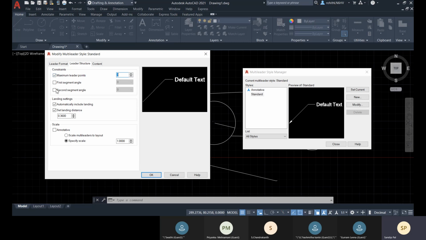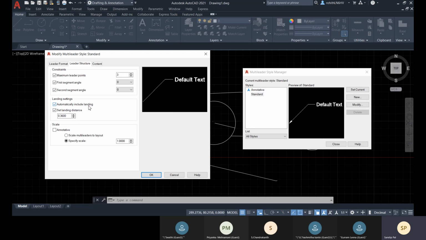Okay, and you can define the first segment angle, the second segment angle. This is your first segment. This is your second segment. Like that, you can define what would be the angle for your first segment and the second segment.